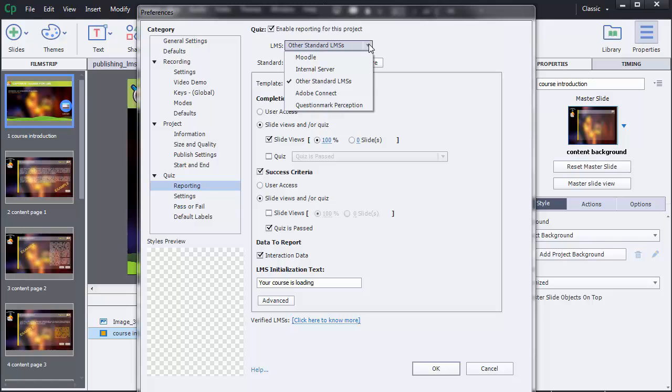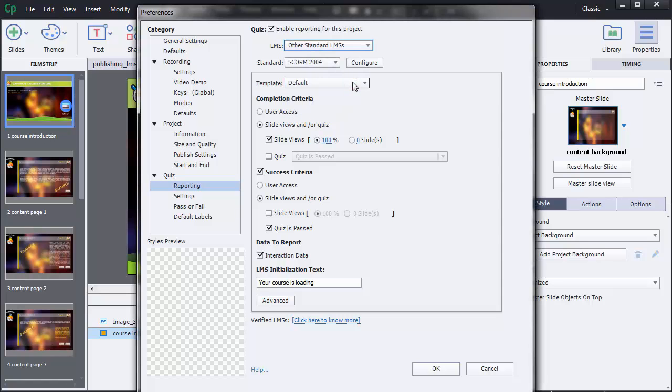If your LMS doesn't appear in this list, select Other Standard LMSs. You also have Adobe Connect or Perception if it is one of the tools that your company uses. But for this course, I select Other Standard LMSs. On your side, if you are not sure, ask your LMS administrator.